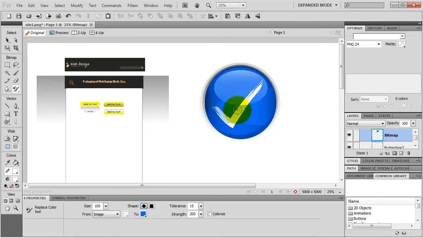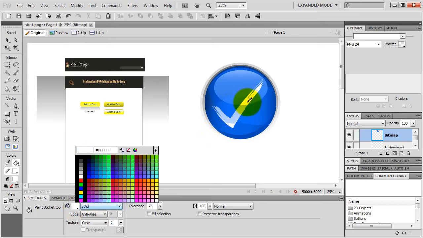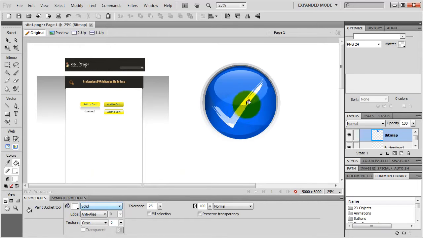I grab my paint bucket tool and fix it. I want to go with solid color and change it to white. Actually, I pick the color here, even if it's white, I want the same exact color. And now I just click on this blue area. It's gone. There's another one. Click on it as well. Okay, it's all gone. But if I zoom in a bit,